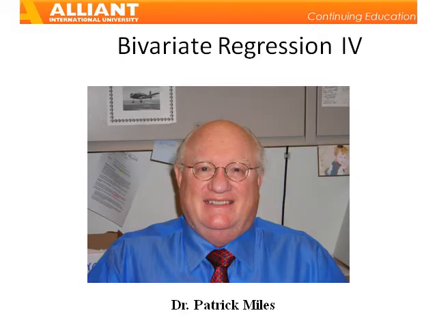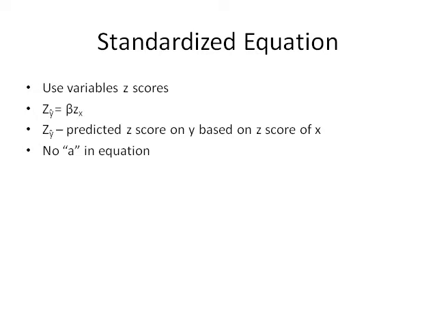One last topic in bivariate regression is the regression equation we use for variables whose raw scores have been converted to z-scores. We call this variation of regression the standardized regression equation. When scores on the predictor and the criterion are in standard score form, the basic bivariate regression equation changes to